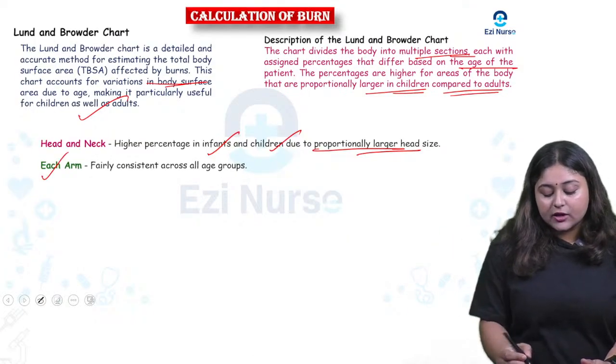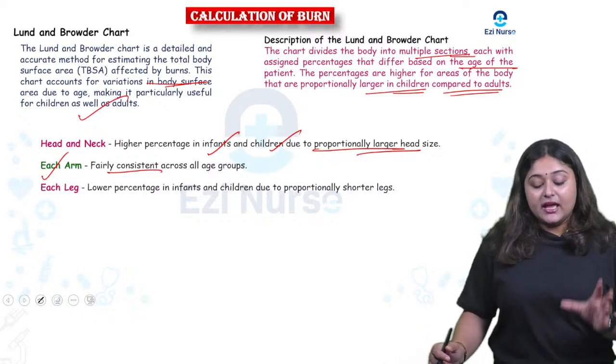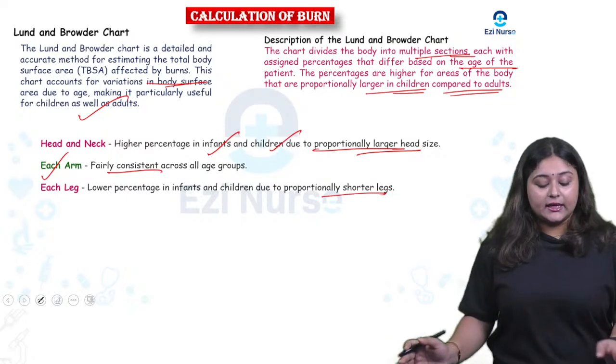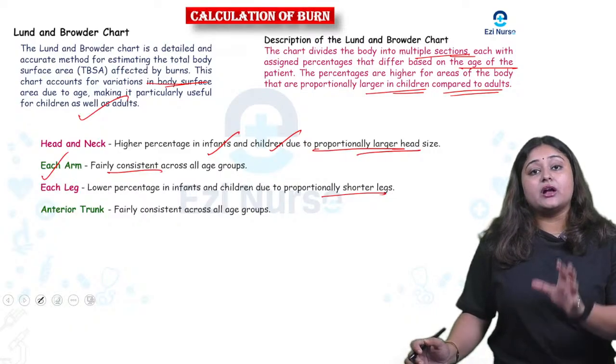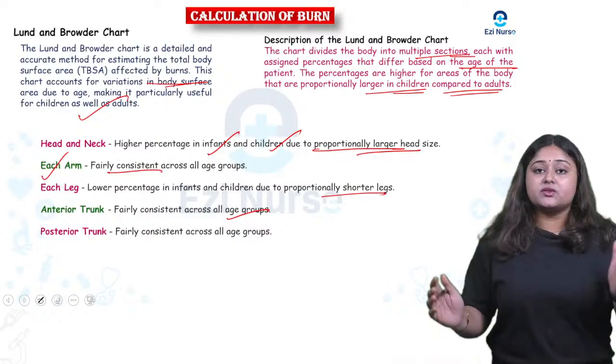Now come to each arm, it's fairly consistent across all age groups. Next is each leg, that is a lower percentage in infants and children due to the proportionally shorter leg. And next one is the anterior trunk, which is fairly consistent across all age groups. And then posterior trunk